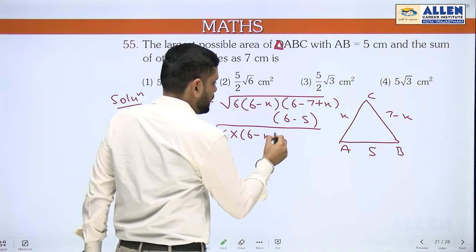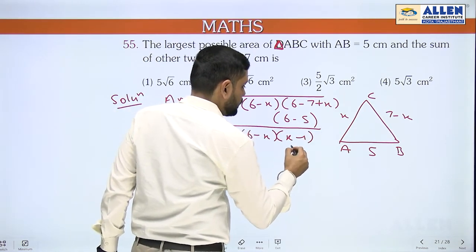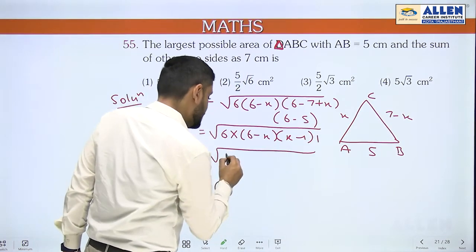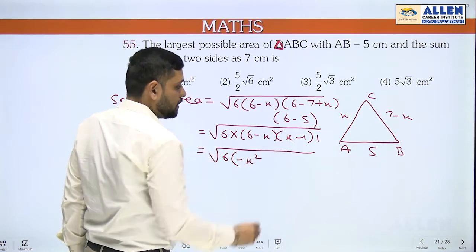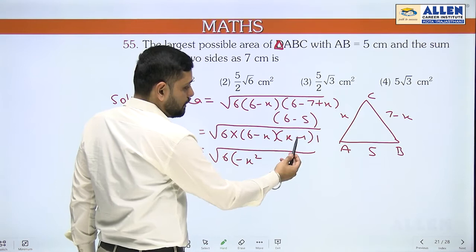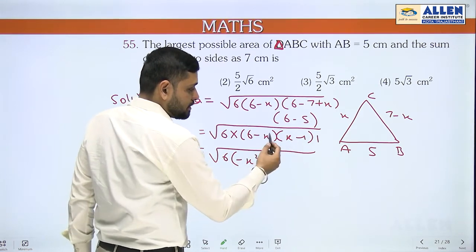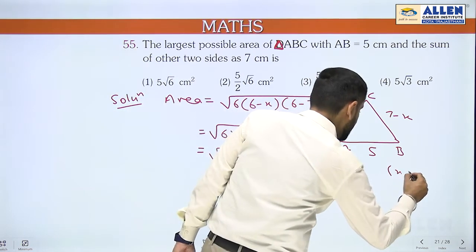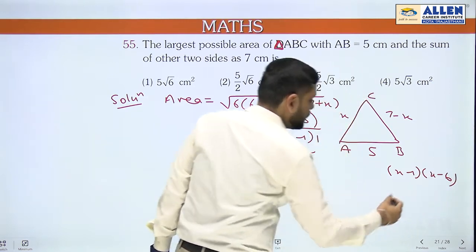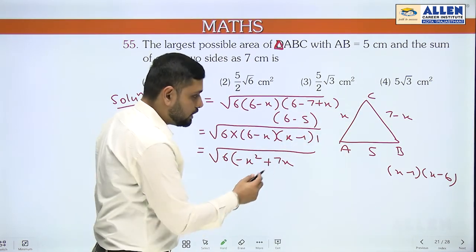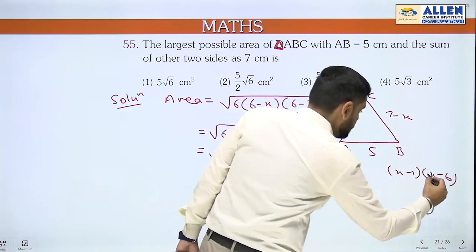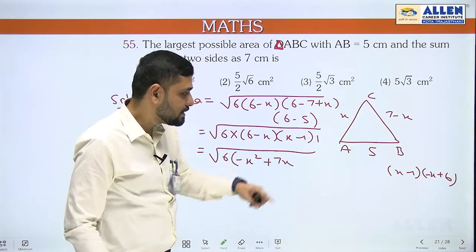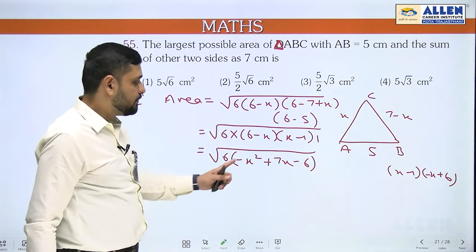So, 6 into 6 minus x, here we'll get x minus 1 and here we'll get 1. Right? And now we'll simplify it further. So we'll get 6 into, we'll open the bracket, we'll get minus x square. Here we'll get what? Here minus x square, then plus x and plus 6x, that is plus 7x. Right? Now if we simplify it, x minus 1 into x minus 6, what we'll get? And here is the minus sign. So here if we take minus sign, minus x plus 6. So minus x square plus 7x, then minus 6. After simplification we'll get this.